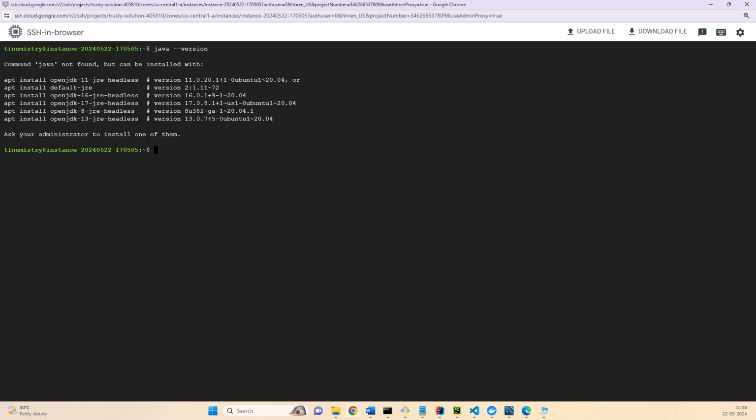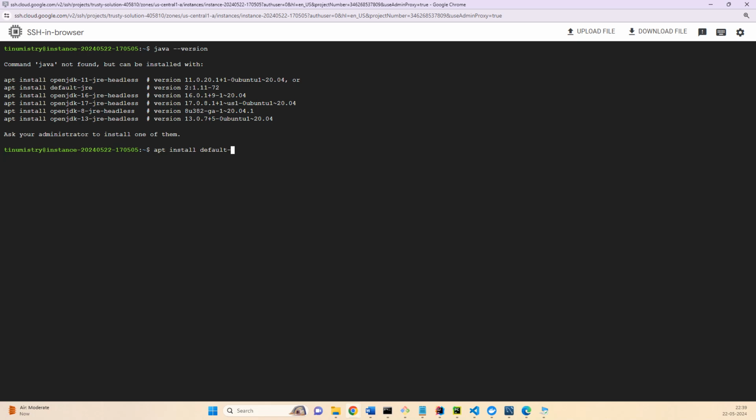So now I'll check whether Java is installed or not. Currently it is not installed, so what I can do is use apt, and there are two ways. Either you can go with the default Java available in the package library, or if you want a specific version, you'll have to go to the Ubuntu site, where they will provide simple steps. Or you can download and extract it and just provide the path to the bin so that you can start with it. So what I will do is apt install